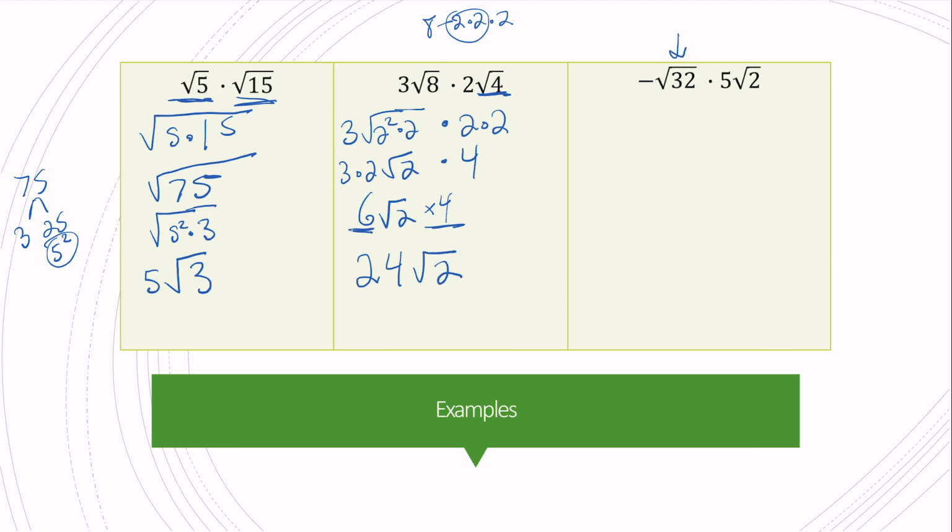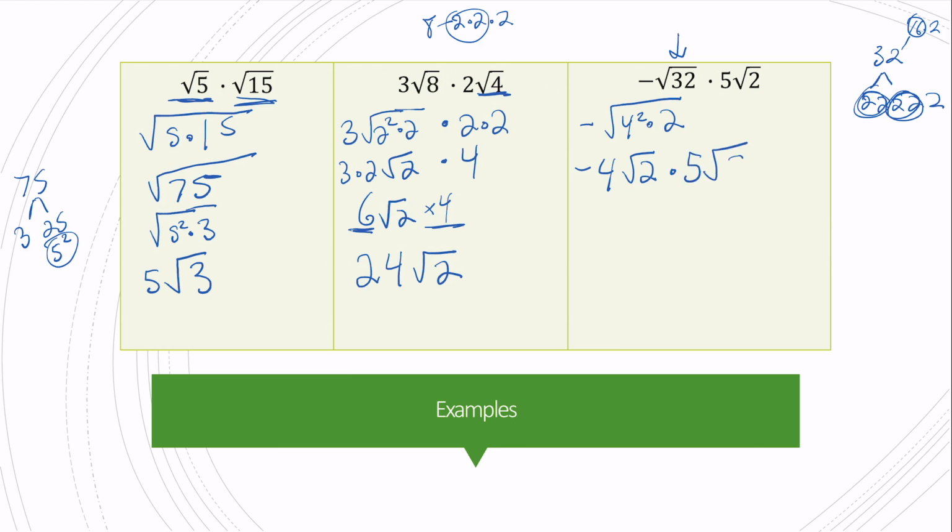Let's simplify the square root of 32. 32, I know that is 2 to the 5th. So it's got 2 perfect sets of squares in there. So that's going to be negative square root of, we could write this as 2 sets of 2 squared, or I could write this as 16 times 2, which is 4 squared. My 4 is going to come out, so I have negative 4 square root of 2